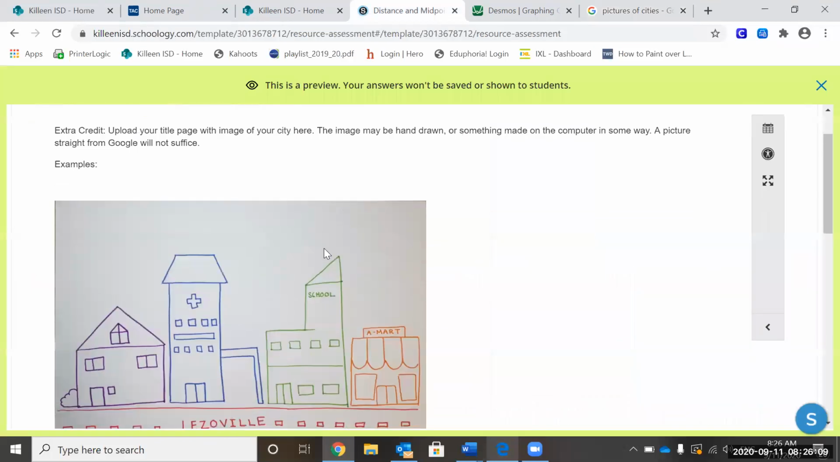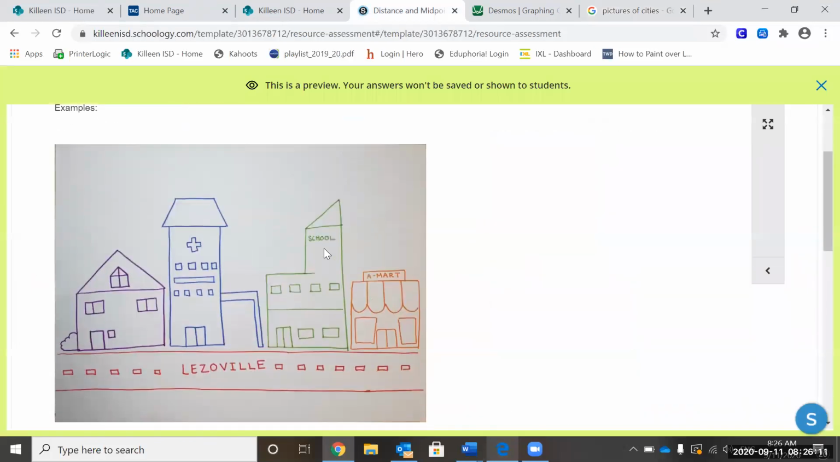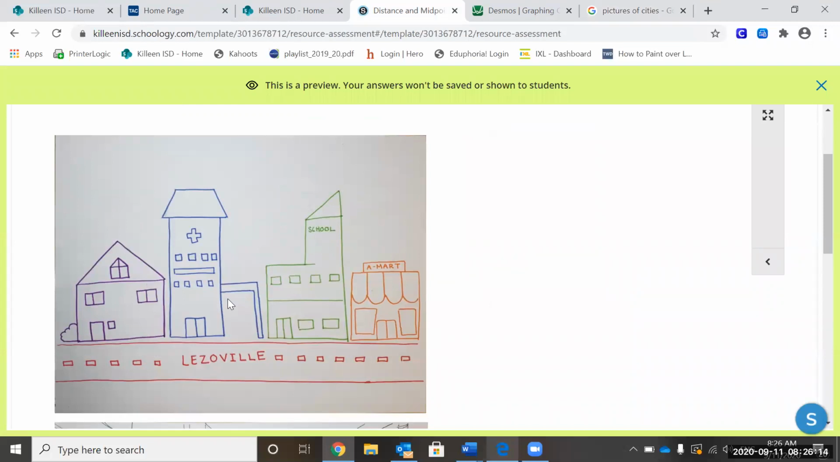So I did two hand-drawn examples here. The first one is a little more simplistic and stylized. We have a funky house, a hospital, a school, and a little store. And this shows me some creativity and how you decided to do things. It isn't anything artistically genius, I would say, but it's enough to show me that you put some extra effort